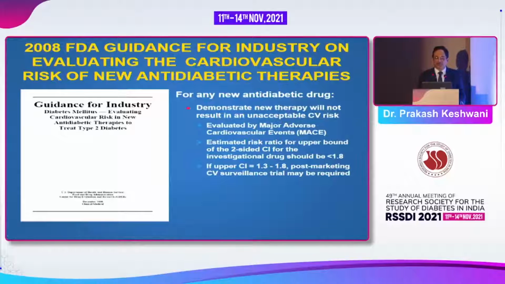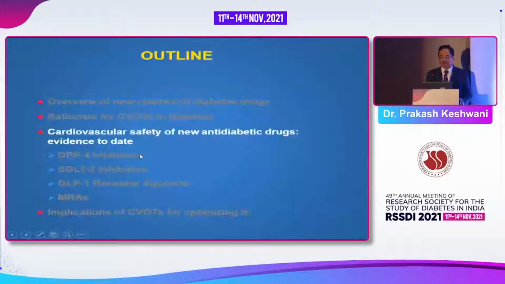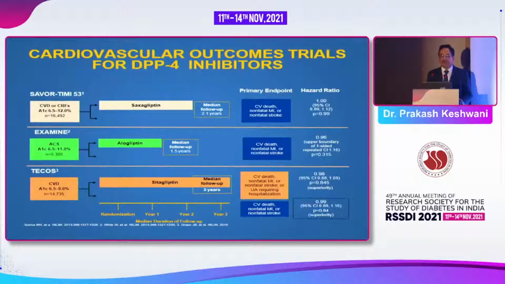They also prescribed a protocol, including MACE as well as other indices, and said that these all have to be checked before drugs are marketed and patients take them, so that we can avoid cardiovascular diseases arising because of the drugs. Since then, a big number of trials have been done on DPP-4 inhibitors, SGLT2 inhibitors, and GLP-1 receptor analogs. Now, coming to the various cardiovascular safety trials of these drugs, first we will see the DPP-4 inhibitors,